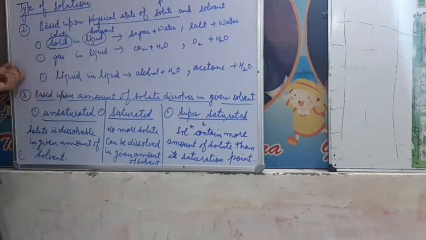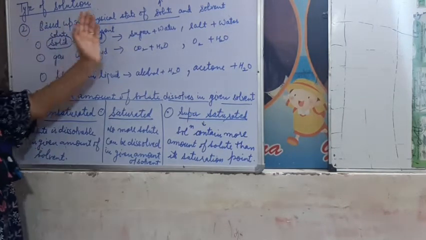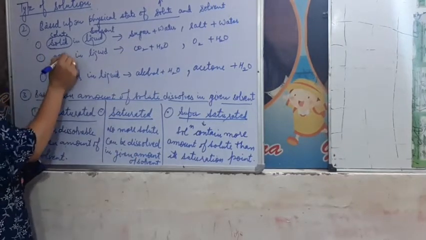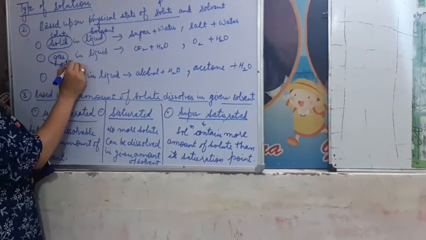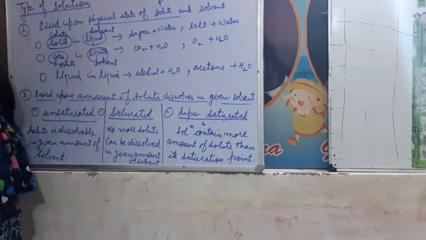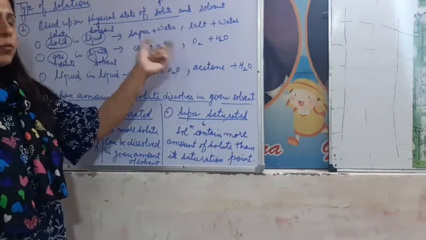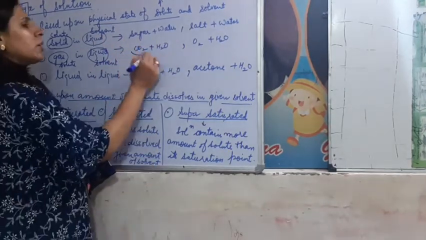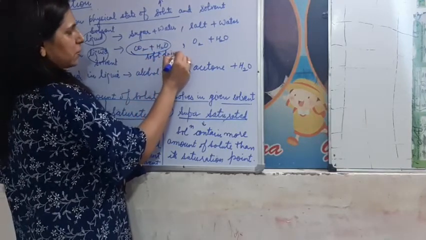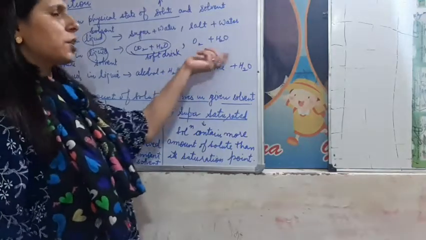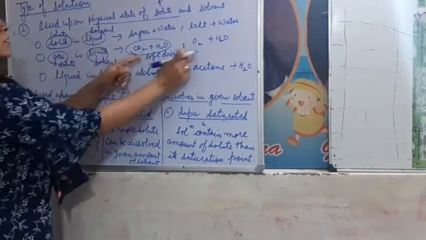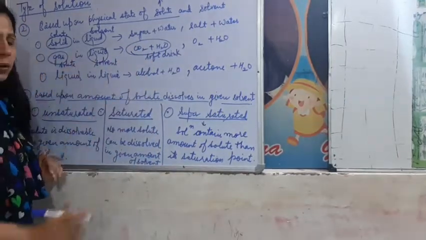The second type of solution, depending upon the physical state of solute and solvent, gas and liquid. Again here, gas is solute and liquid is solvent. First example, carbon dioxide and water, they are easily dissolvable with each other. The very best example is a soft drink, a cold drink, and oxygen and water. Since you know that oxygen is dissolvable in water also. So these 2 are the examples of this category, gas and liquid.